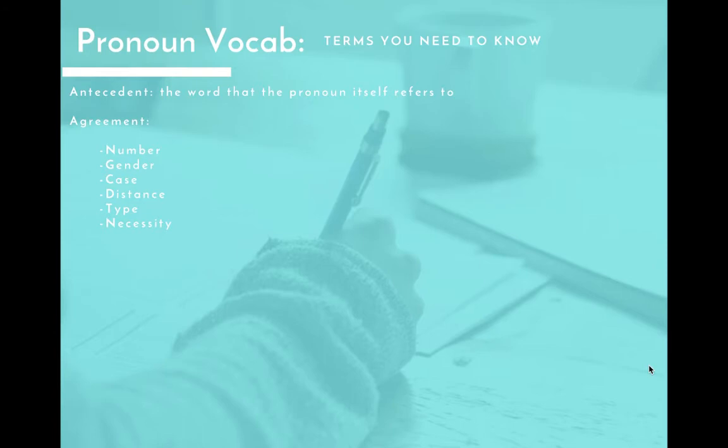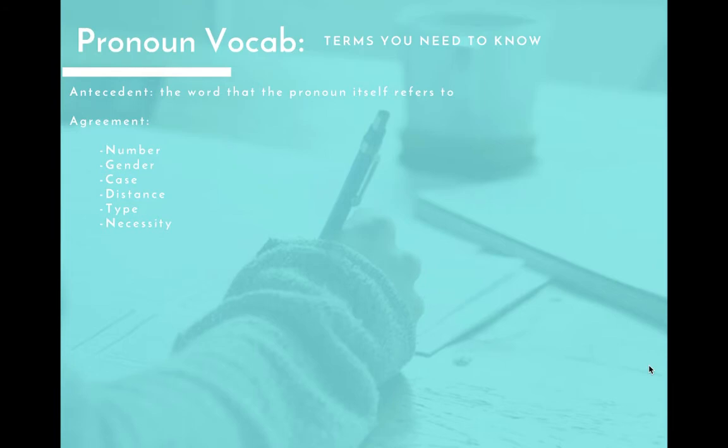The most important one here is agreement. Just like you need to have agreement when it comes to your subjects and verbs, you also need to have agreement when it comes to your pronouns. When we are talking about agreement, it means that the antecedent and the pronoun itself match in terms of sometimes